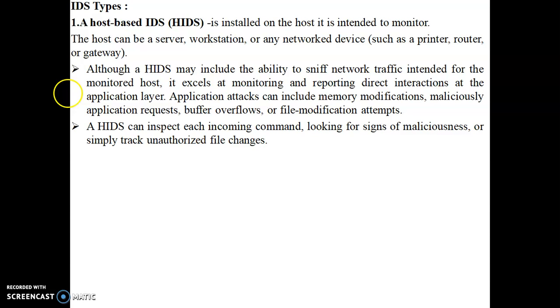Now how it works, it may be responsible for monitoring the commands coming into the system. You can take the example of an email. If any email comes to that device, every email would be scrutinized, it would be scanned, right? And based on that it would be judged whether this is a legal type of email or an illegal type of email. This is about your host based IDS. It is very simple. The basic meaning is, if the IDS is installed on the host part, it could be a device, a printer, a router or a gateway, it is known as host based IDS.